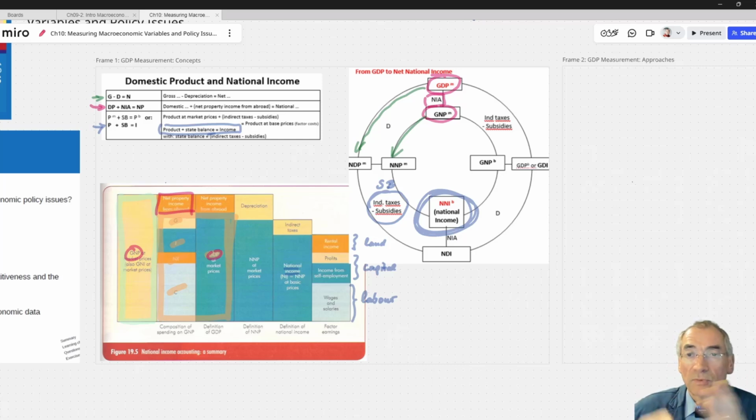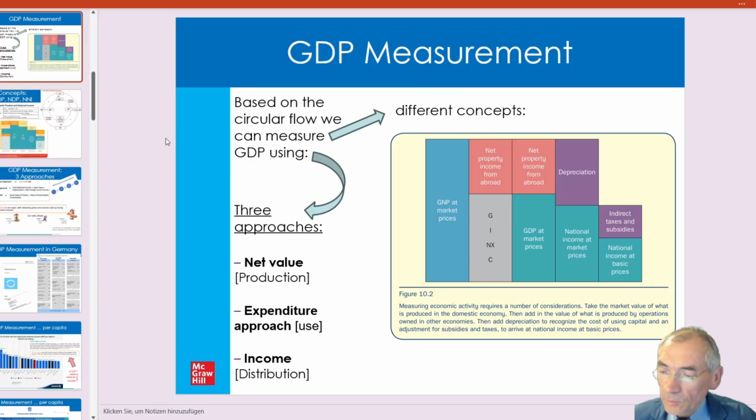These are, of course, definitions. You might be asked, what is the difference between gross domestic product and net domestic product, and so on. And you should be aware, you should have an idea where this comes from and why we measure it like this. From slide 7, where we had these 3 approaches, the net value or production approach, the expenditure approach,